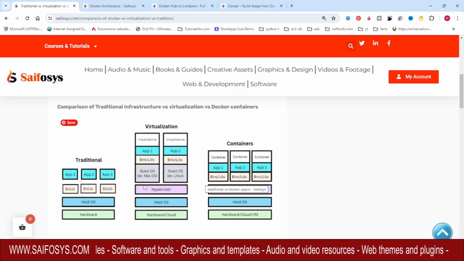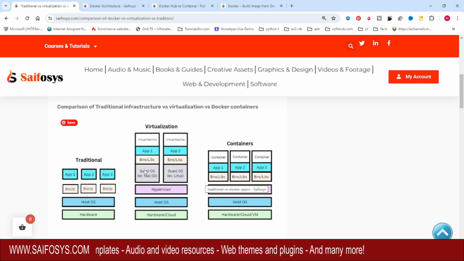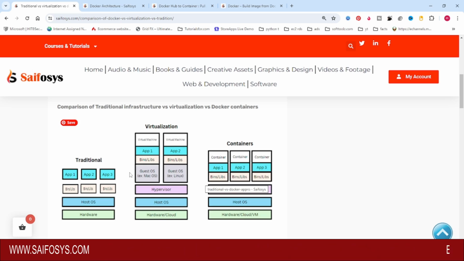Each virtual machine has a full copy of operating system. We are installing guest operating system. Then we are installing all the binaries and libraries required to run the application. Like this, we have multiple virtual machines running on the single server. This approach has some benefits like